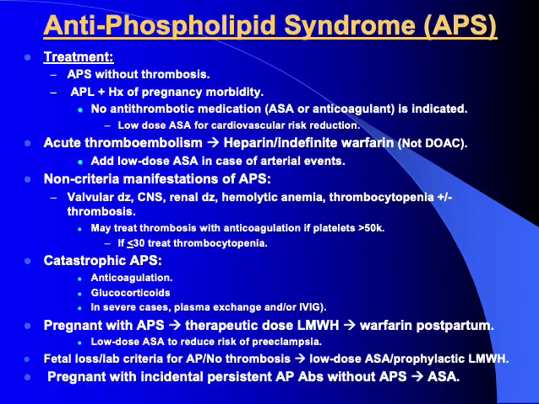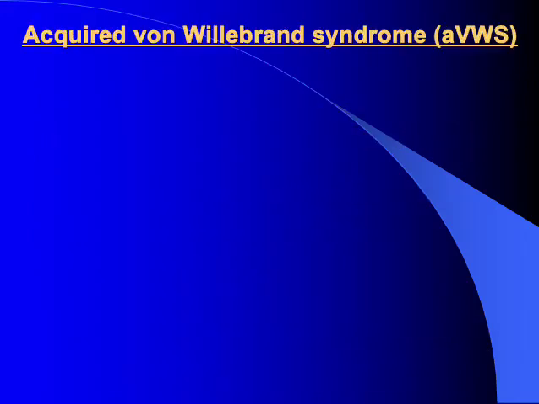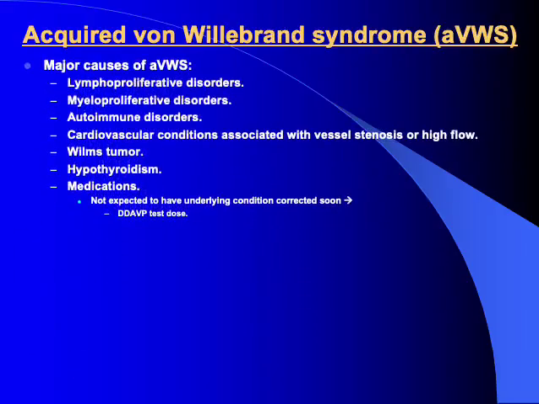Pregnant with incidental persistent antiphospholipid antibody without the syndrome or thrombosis, only aspirin is needed. Acquired von Willebrand syndrome as a complication of splenic marginal zone lymphoma. These are the major causes of acquired